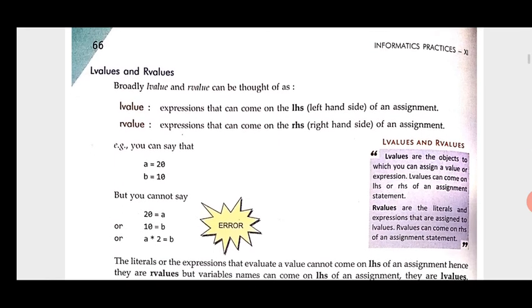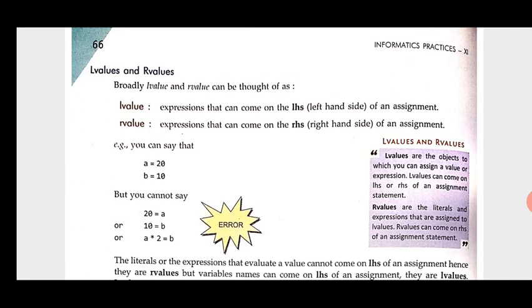Next topic is L values and R values. L stands for left values and R stands for right values. L values are the objects to which you can assign a value or expression. L values can come on the LHS, meaning left hand side, of an assignment. Then R values: an expression that can come on the right side, meaning right hand side, of an assignment is known